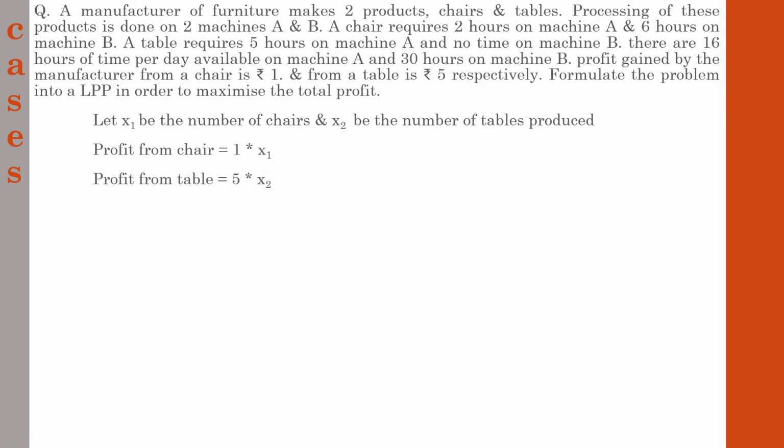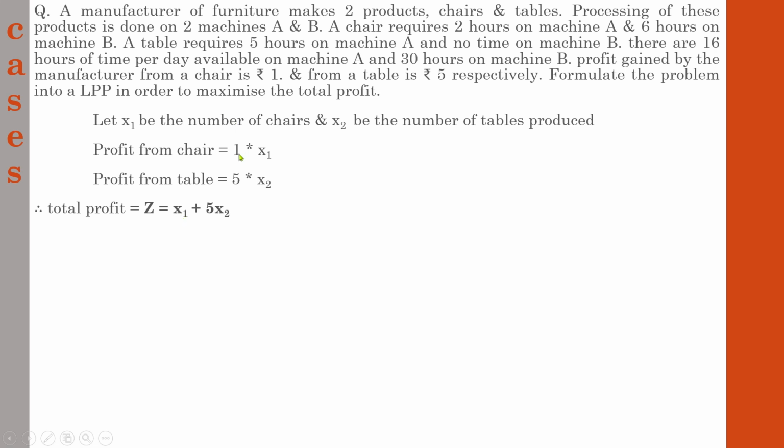So once we have found out the variables with regard to that, we can prepare an objective function. So here the objective of the decision maker is maximum profit. So total profit equal to Z, the function with regard to LPP, equal to X1 plus 5X2. That is total profit that can be earned. So profit from a single chair is given and profit from a single table is given. So total profit means profit of chair plus profit of table. So it will be written like this, Z equal to X1. X1 means 1 into X1, it will be X1.